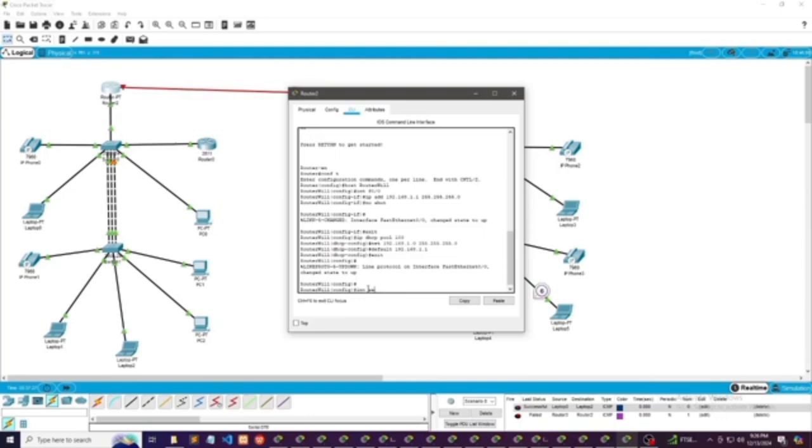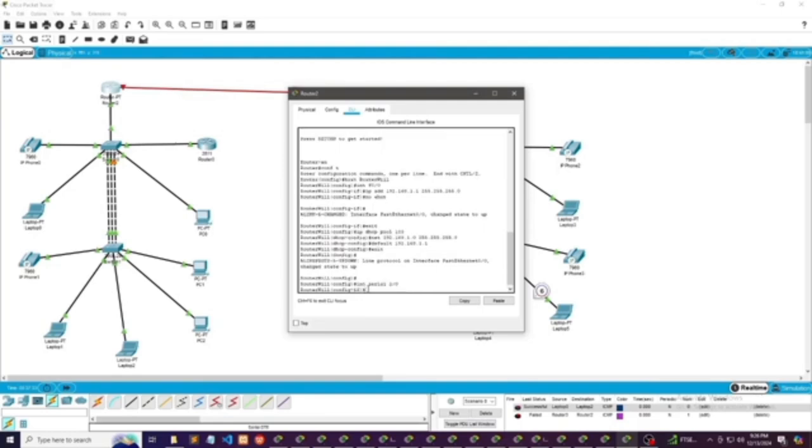Then in the IP address, we type IP address 192.168.2.1. Here, 2.1 because there's a router on the left of this system. As you can see, 2.1 and then space 255.255.255.0 and then press enter.